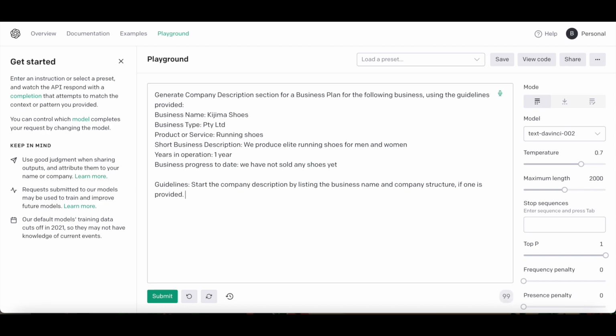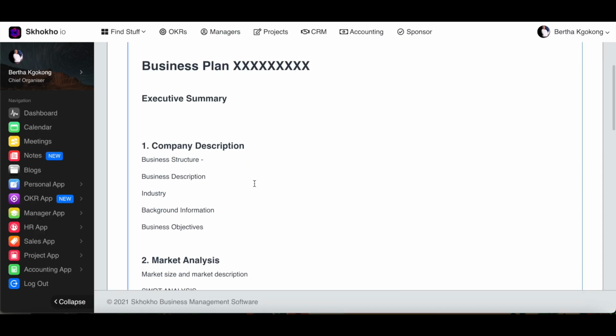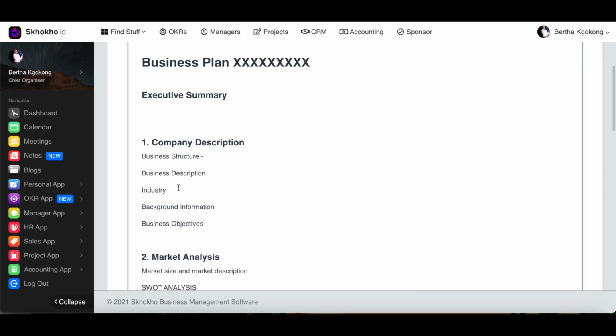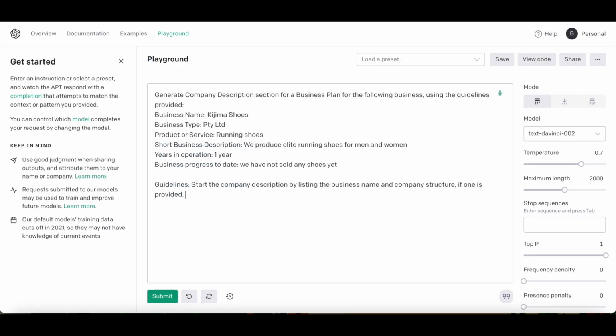Right? Then once we've done that, then we say the business description. All right, and then expand on the business description provided,